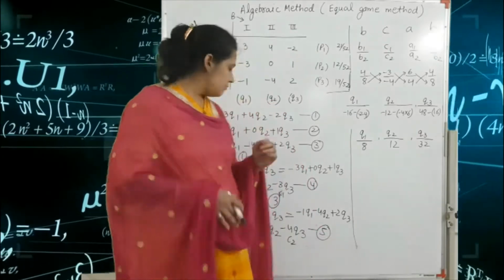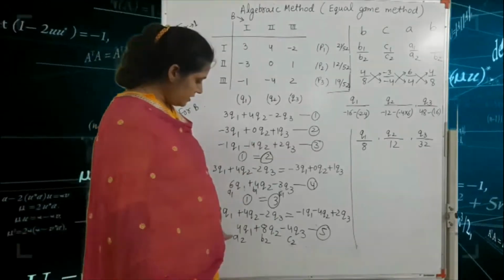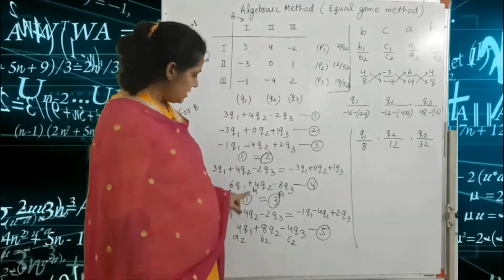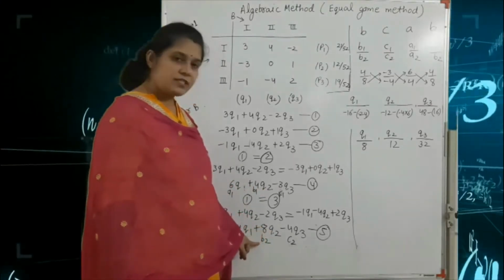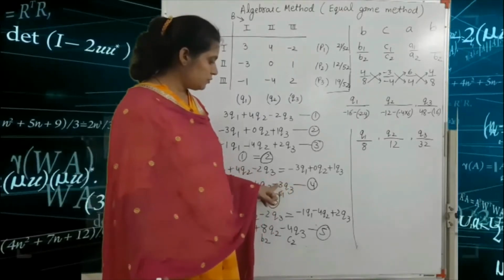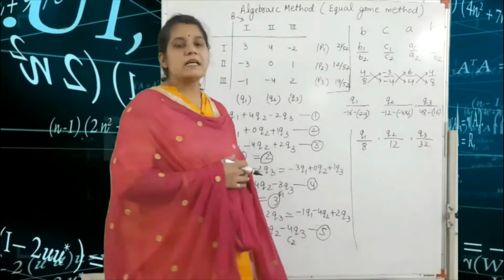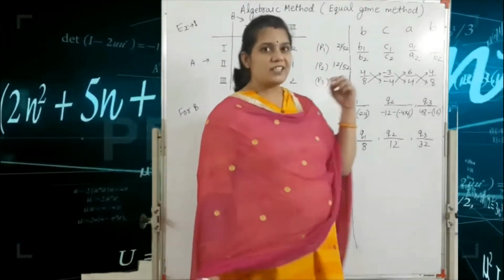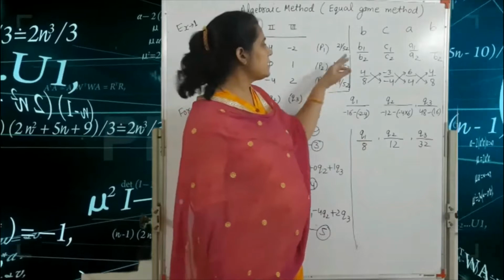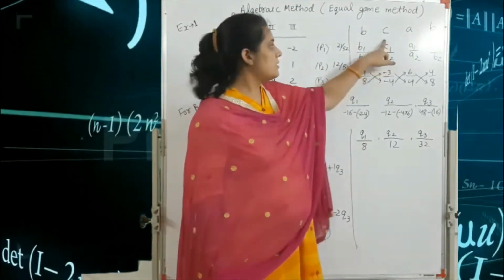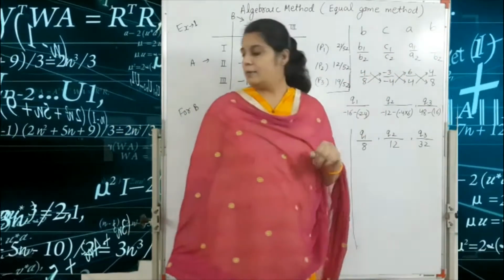After that, in the fourth equation, the first term is A1, so in the fifth equation the first term is A2. In the fourth equation, the Q2 coefficient is B1, so in the fifth equation, the Q2 coefficient is B2. In the fourth equation, the Q3 coefficient is C1, so in the fifth equation, the Q3 coefficient is C2. This is again the tricky formula for B, C, A, B. So we write B1 upon B2, C1 upon C2, A1 upon A2 and B1 upon B2.